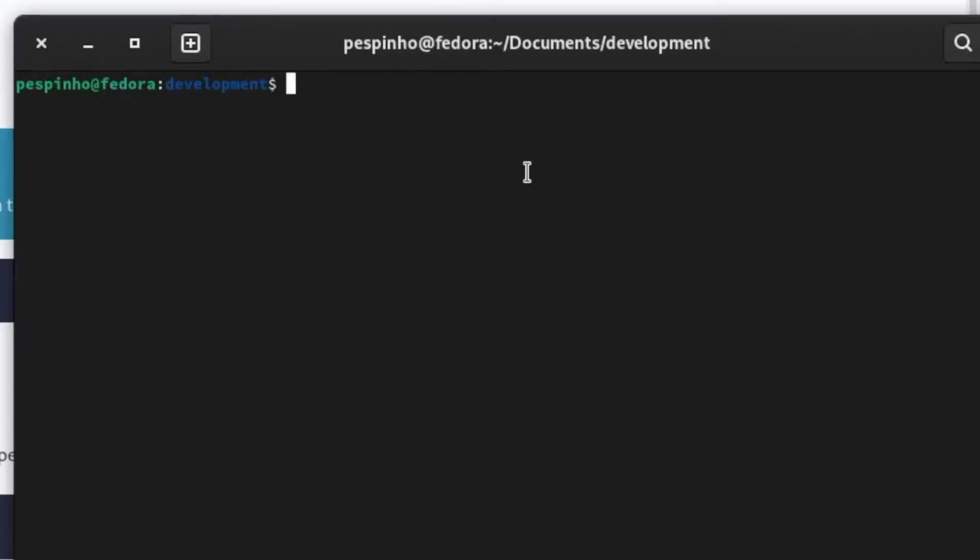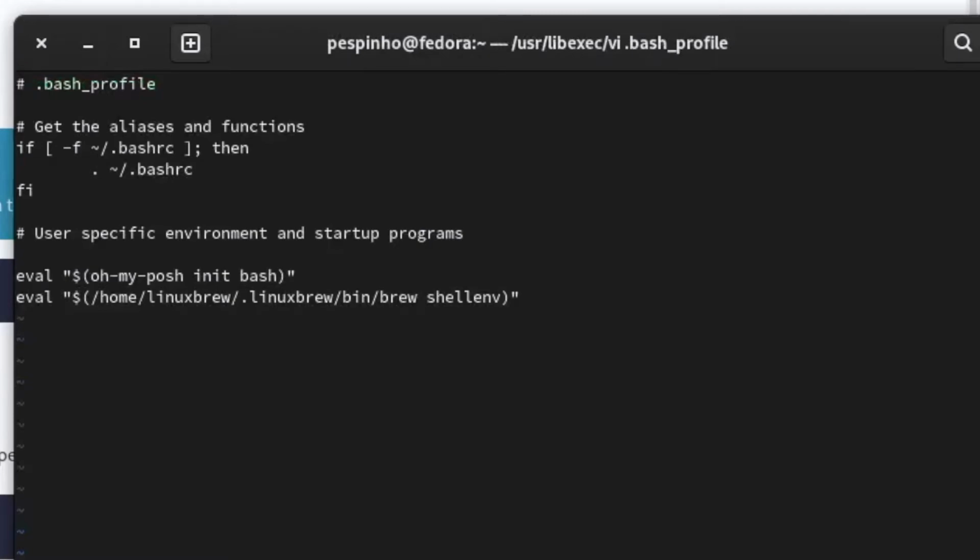Okay, let's go to vi. No, that's not what I want to do. So go back to cd, clear. Then I need vi .bash_profile. Okay, so it has my eval oh-my-posh init bash. It's here. I see it. So why is it not working? There is a reason,